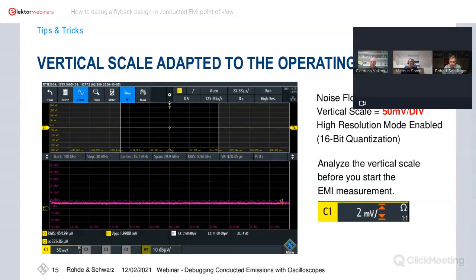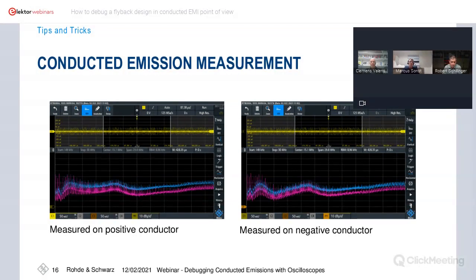Yeah, right. So in the end, I switched on the DUT, and this was the measurement I got. On the left, I measured on the positive conductor, and on the right, I measured on the negative conductor. Well, it's a measurement, and it's fully correct, but it's very hard and not convenient to analyze, I would say,